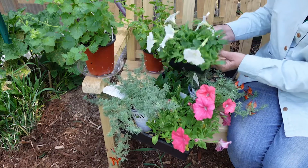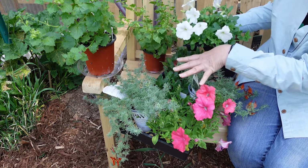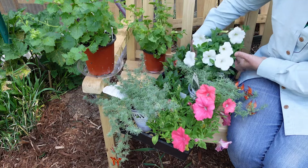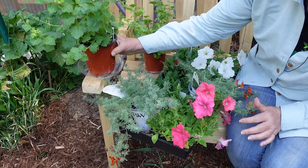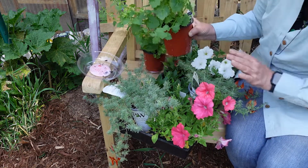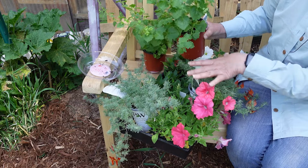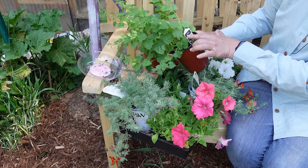And then white. You know how I love white to offset the other colors. Just bring in a calming influence, something to space it up. And this is something new. At the Hilltop Nursery, I was looking for something to go with white, to go with whatever, because as I said, I love white. So this is Lofos,